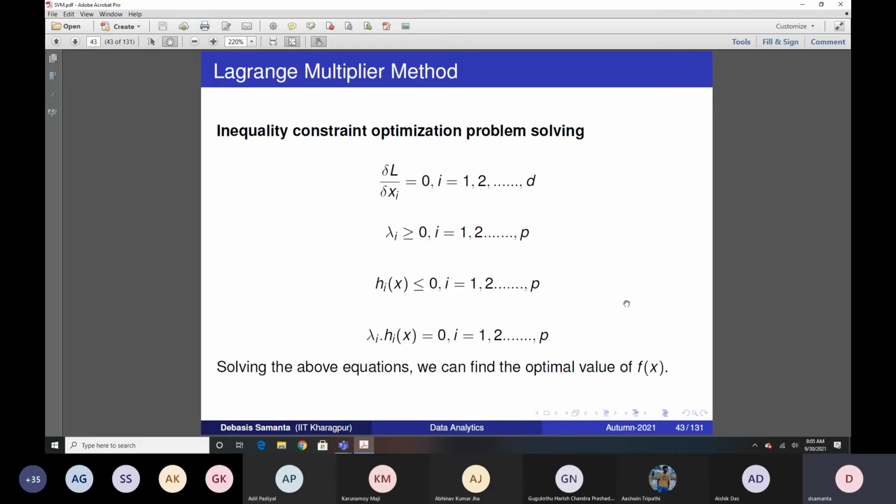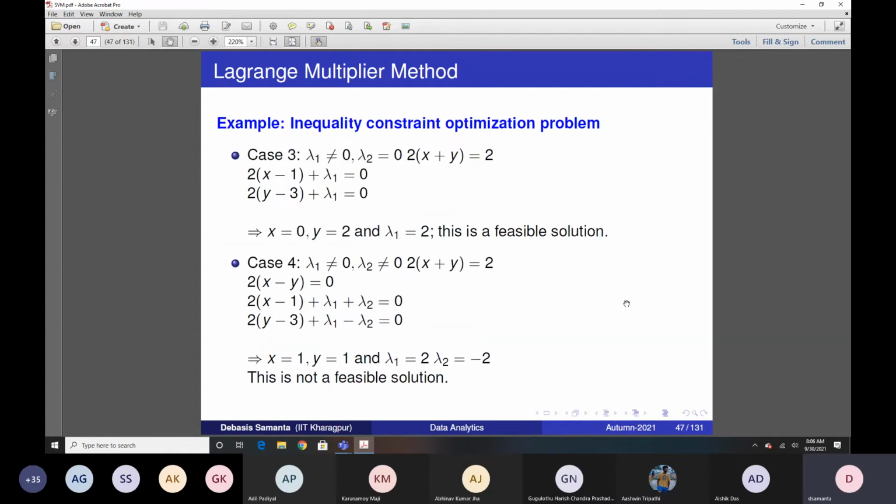And if we apply these KKT constraints considering all training data, it will give you a number of equations. So this is in fact a system of equations, and those can be solved using any numerical method, by which we can find the unknown parameters. I will give you an example of how to apply this concept to a very simple data set so that you can understand the whole concept better.